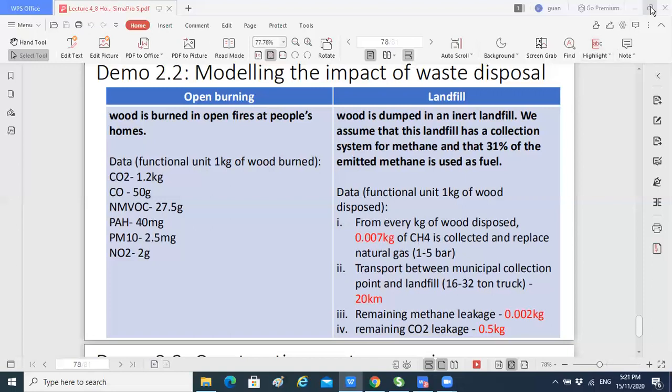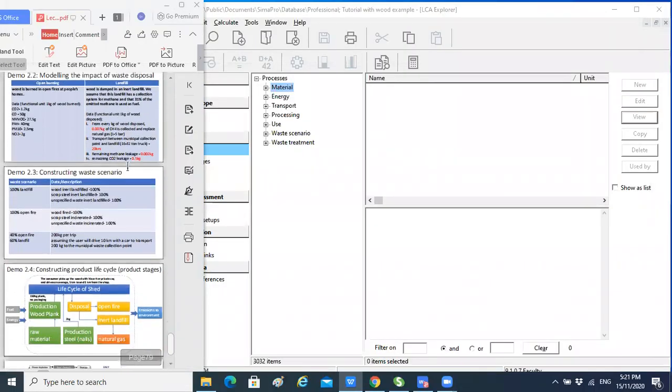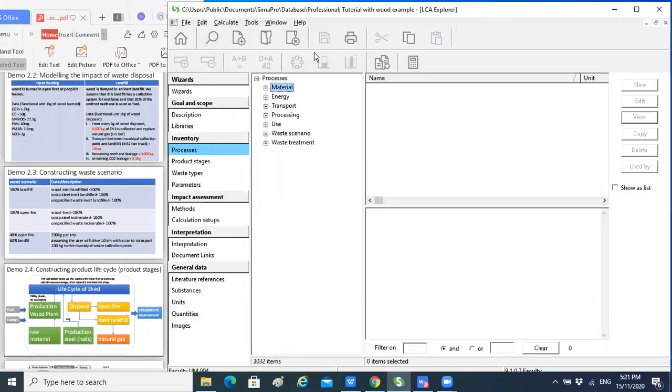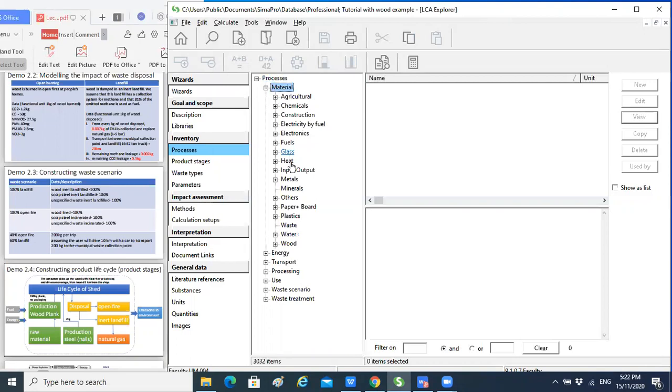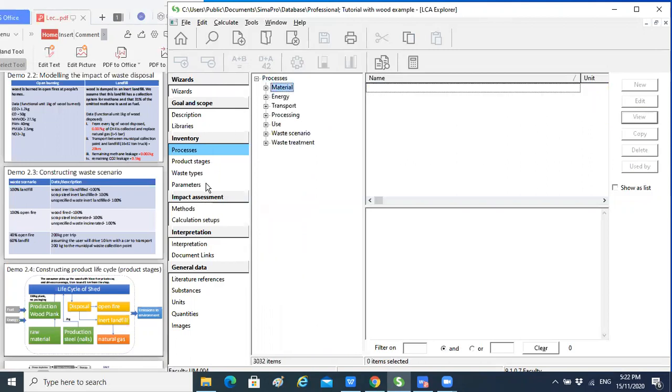All right, let's start. To do this waste disposal, similarly, you open the same project, the wood example, where you have already created in the materials folder your bark, your felled tree, your plank, your sawdust, everything. Now we are going to create the yellow colored one, which is the disposal. Before this, we are going to create each process